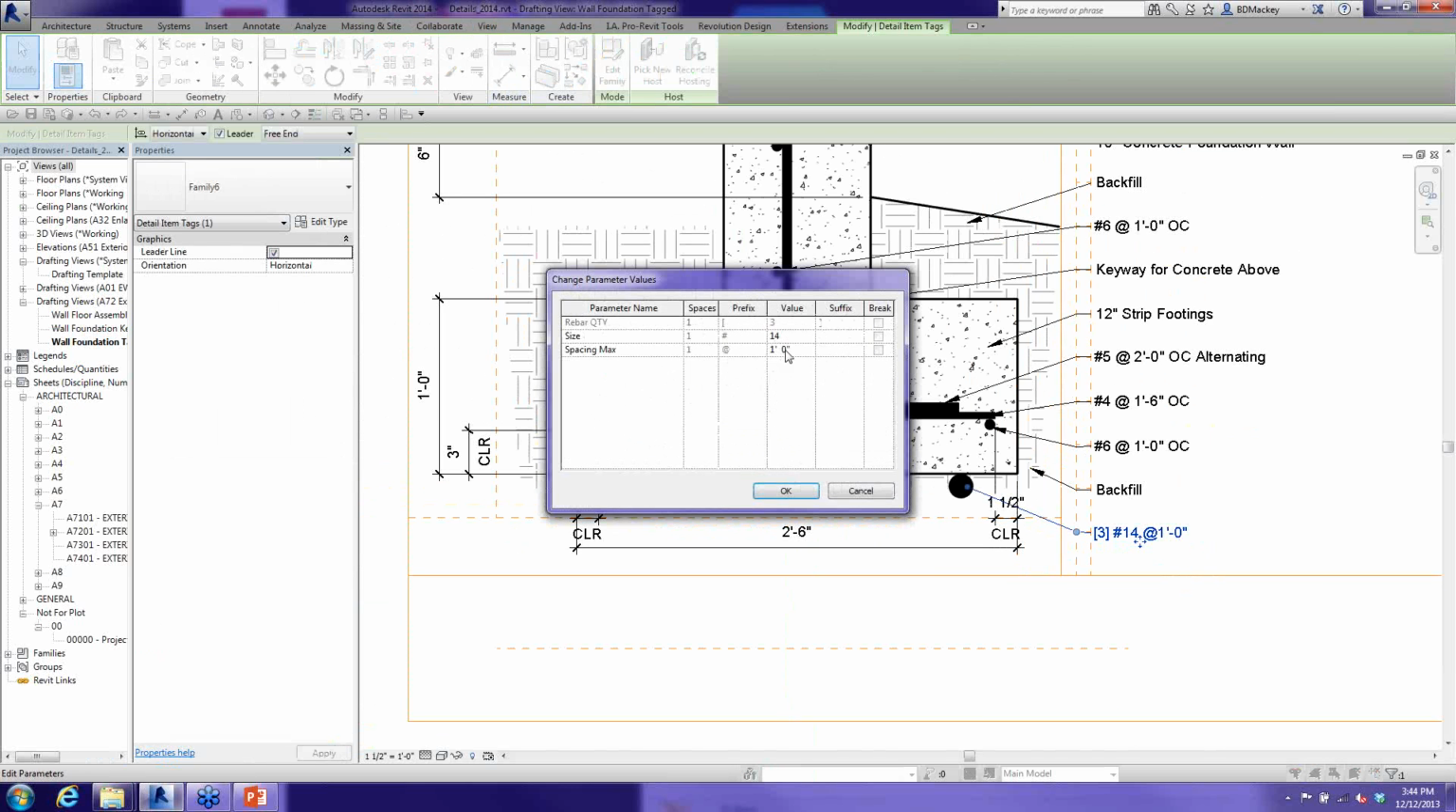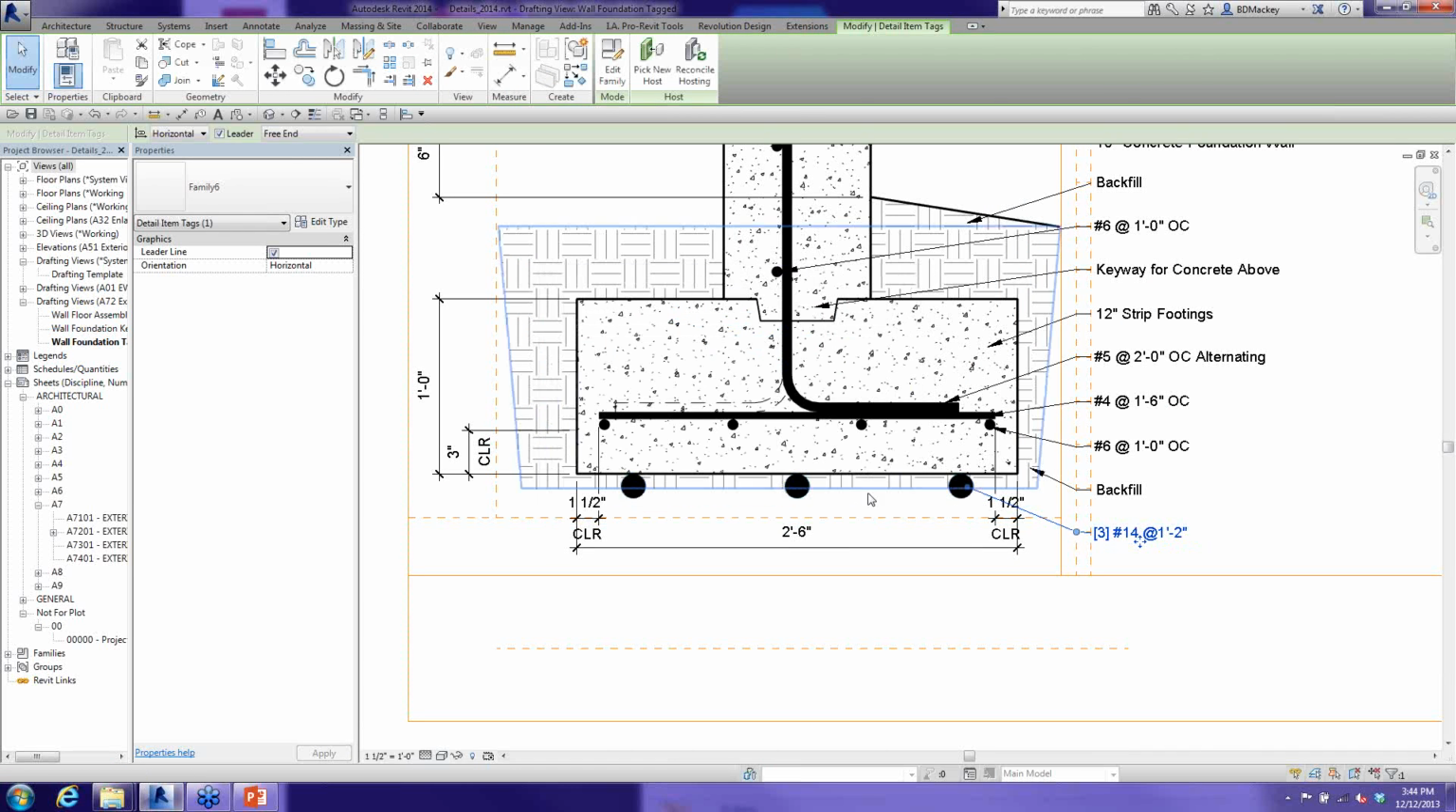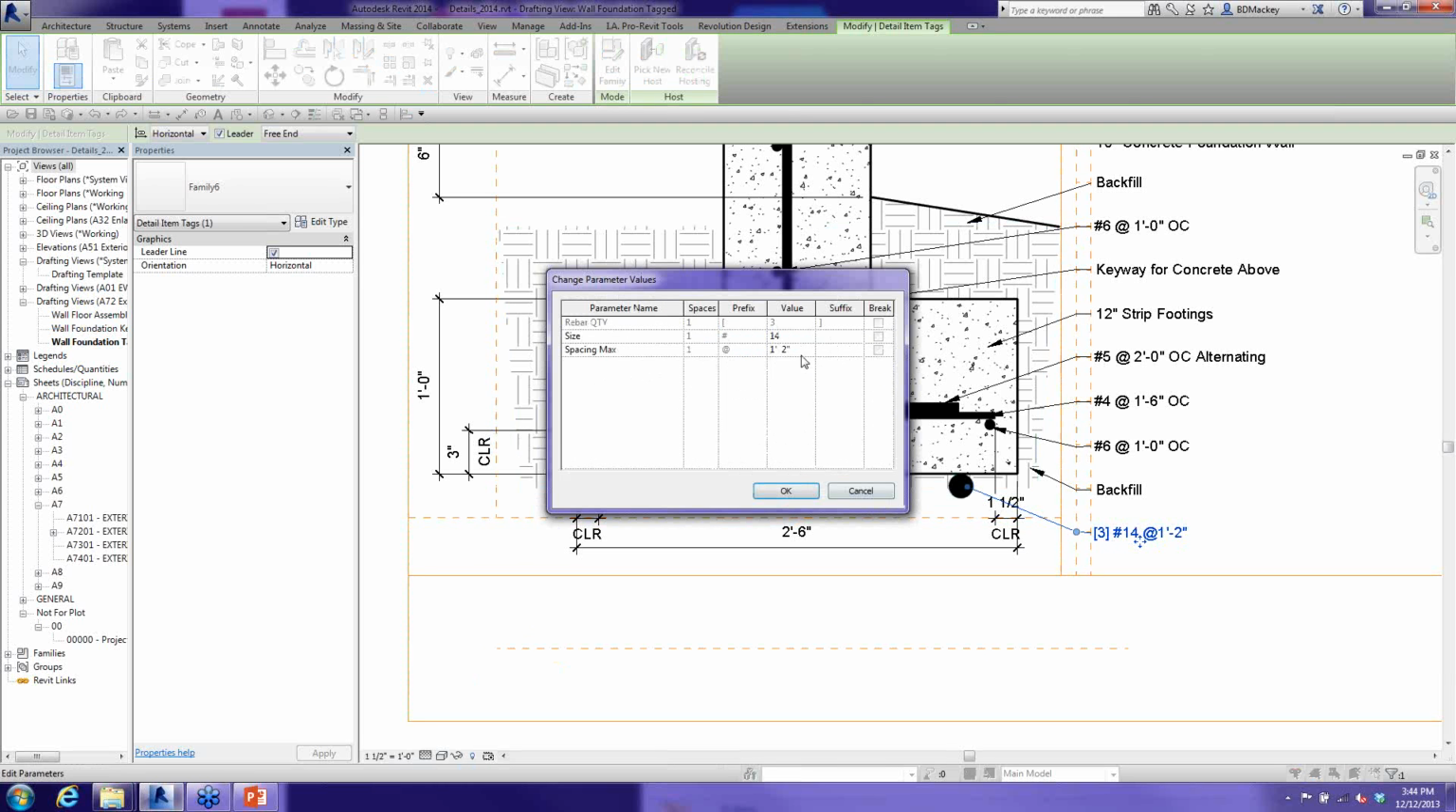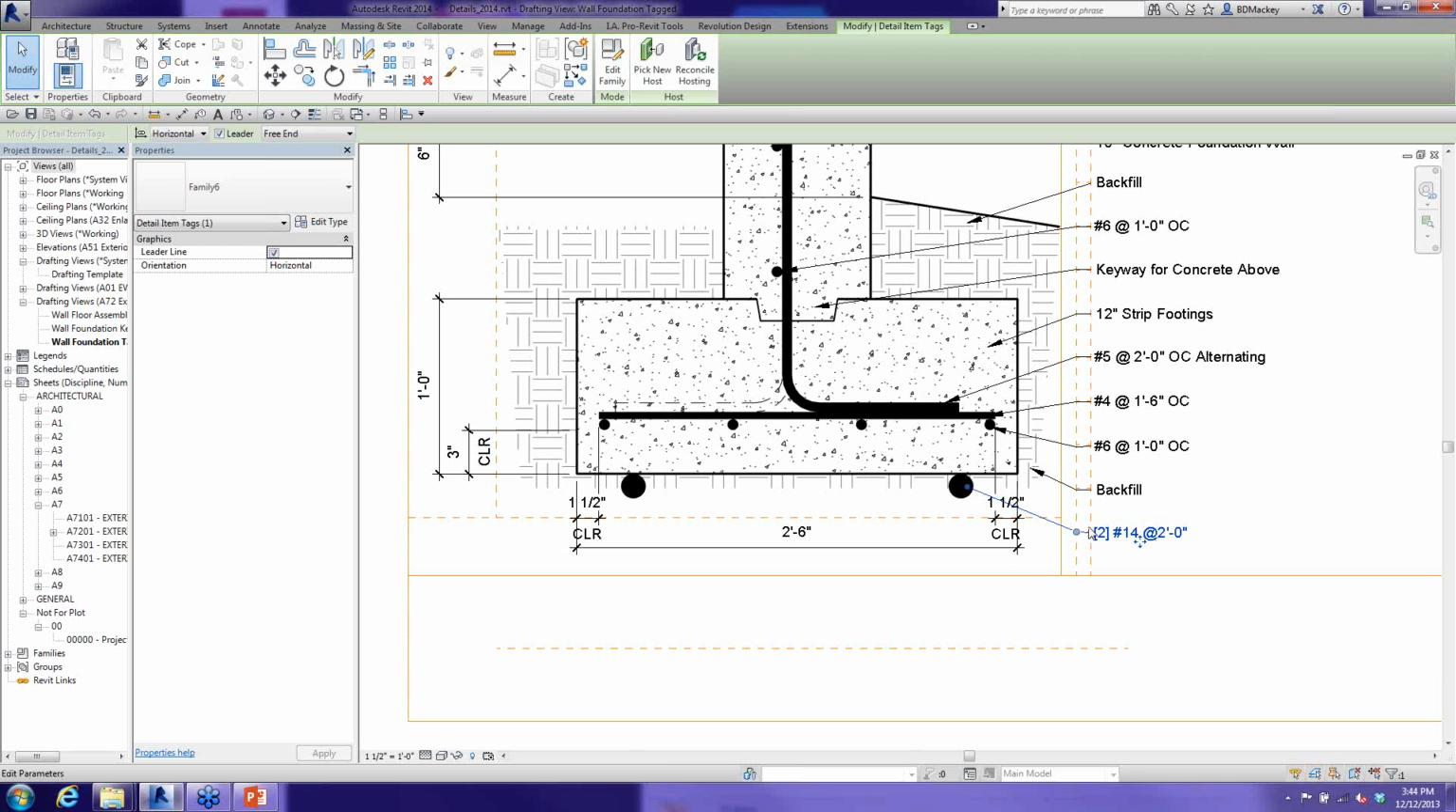Beauty of this, I can say, what the heck was I thinking? Those shouldn't have been 1 foot on center. Those should have been 14 inches. That's a common value. And it's going to update the spacing if it needs to. We'll make it something bigger. And not only does it update the spacing, it updates the quantity in both the tag as well as the object. Looks like I'm trying to roll that, but